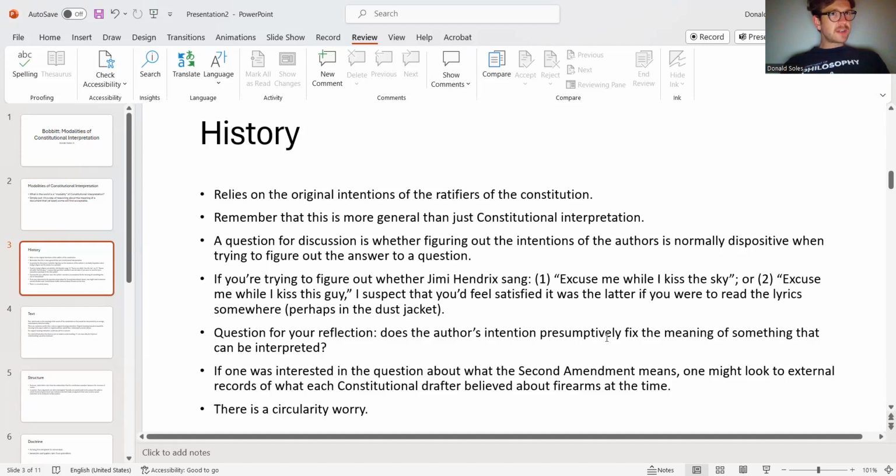Another way of putting this worry is just to say, okay, suppose that we are to consult the intention of the authors of a law whenever we try to resolve ambiguities, but they themselves never manifested any kind of intention for us to consult their intentions. So it's kind of odd that we would appeal to their intention as the final arbiter of meaning with respect to some laws. I'll leave you to think about that and ways you might get around that kind of worry. I'm not too concerned with this myself. What I want to figure out, though, is do we find some kind of intuitive pull whenever we learn about the author's intention?